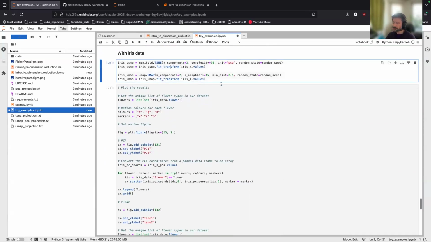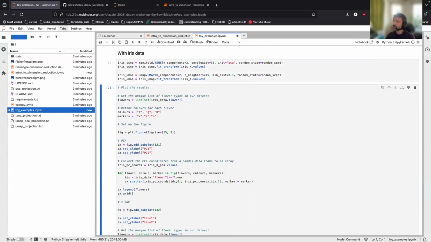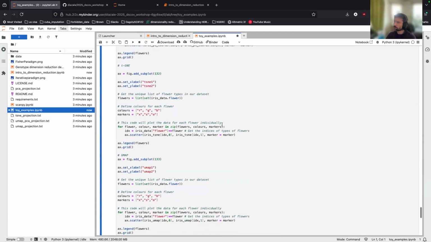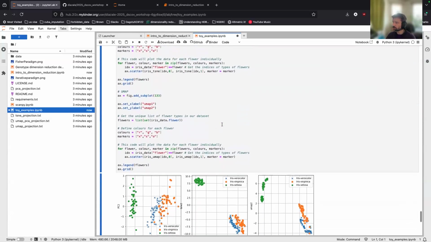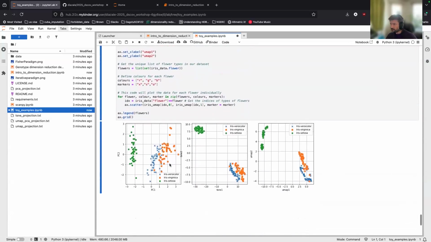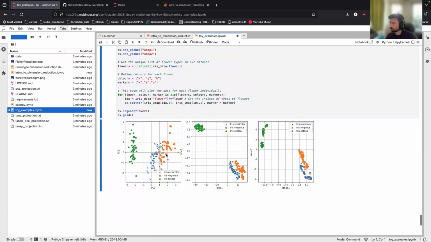With the iris data, you can do the exact same as before. So we'll just run what we did before. And this code here, you can change it however you want. But yeah, PCA 1 and 2 for comparison for the iris data. TSNE and UMAP, you can see how they focus on the local structure of the data a lot more than the global structure. So PCA, you can kind of see how it's stretched out in each direction. There's a little bit of continuity between them. But TSNE,